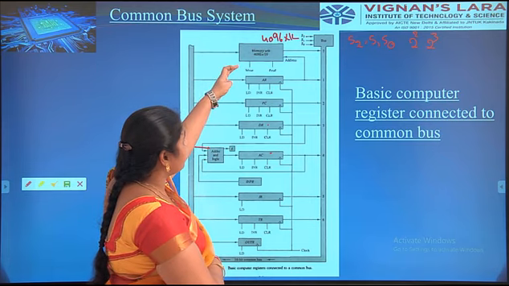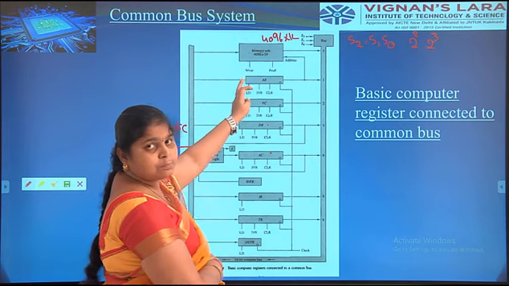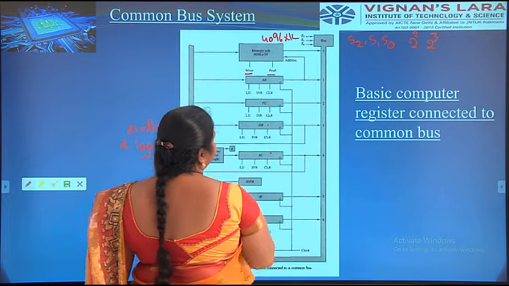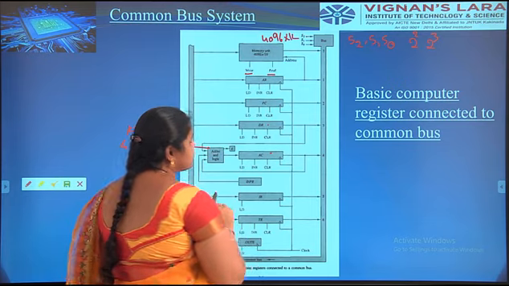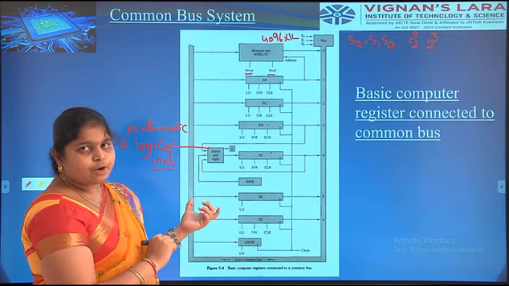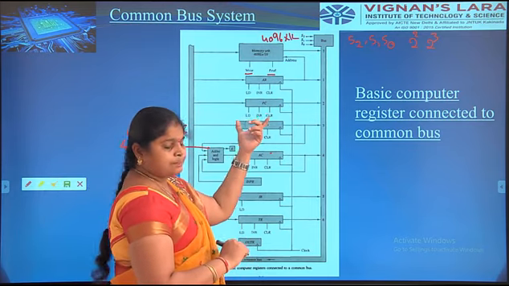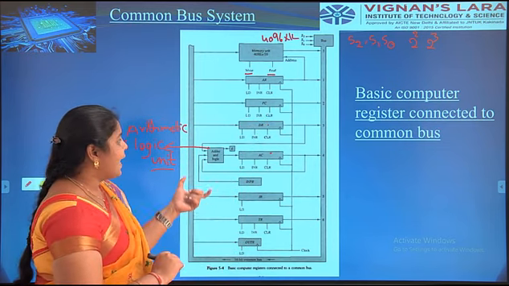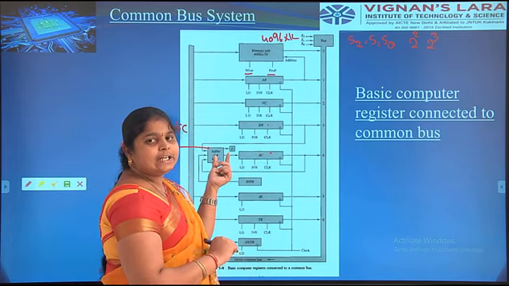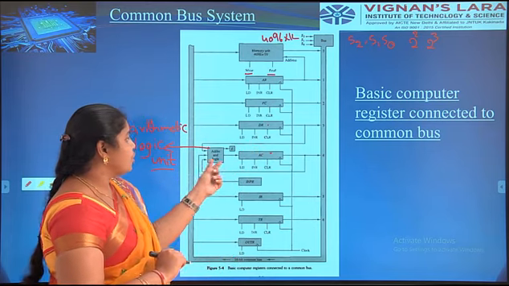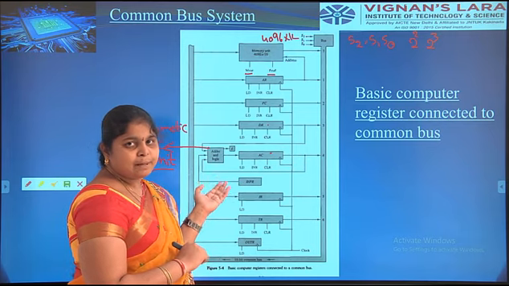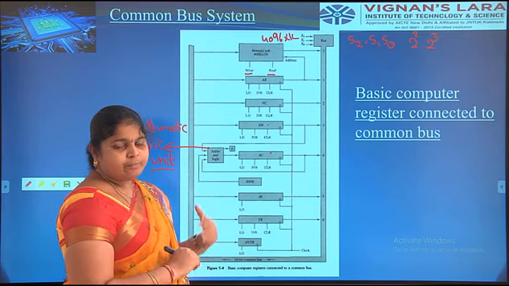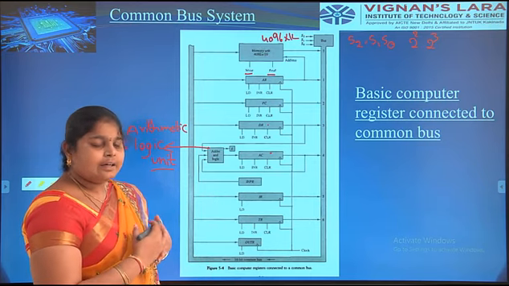Here in the memory unit we have 2 control inputs, the write and read operations. AR means address register, it stores the address of the register. Program counter holds the address of the next instruction to be executed. Data register holds the information of memory. The accumulator is a general purpose register. It transfers the information from simple calculation on the register.